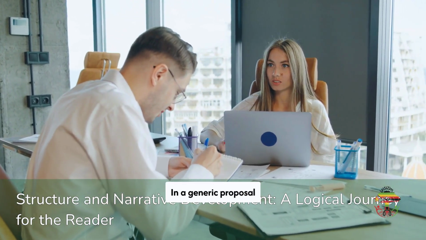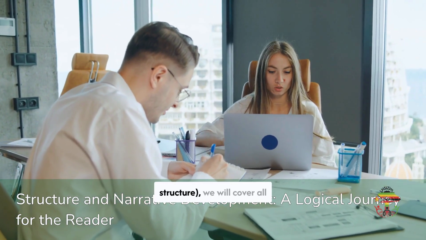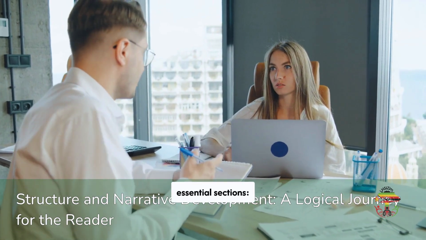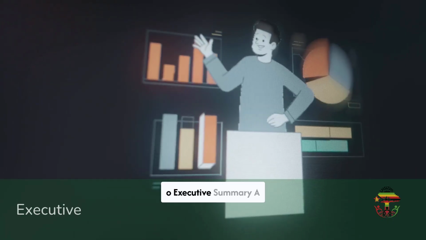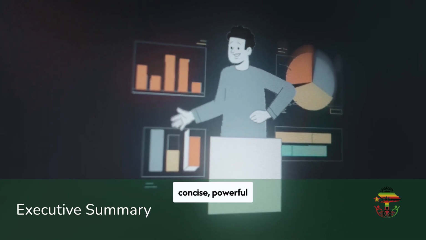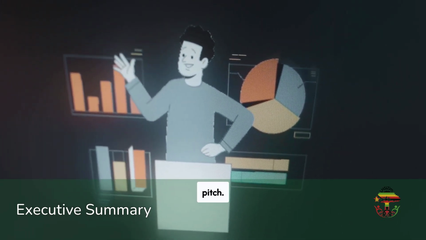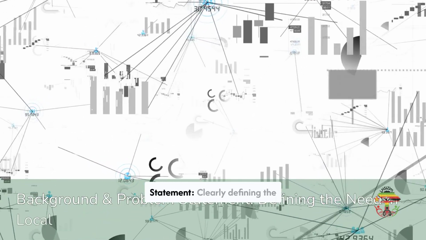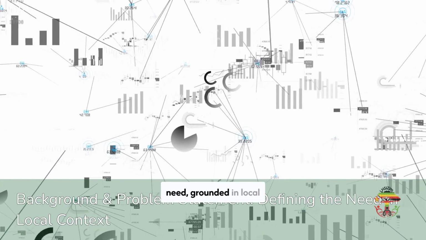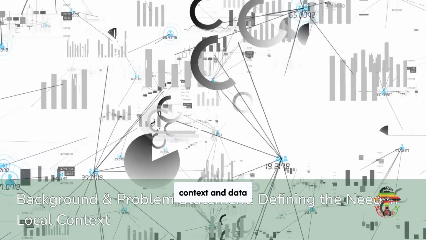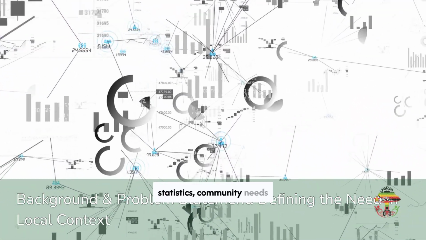In a generic proposal, not guided by donor-specific structure, we will cover all essential sections. Executive summary, a concise, powerful overview of your project, written last to capture the essence of your pitch. Background and problem statement, clearly defining the need, grounded in local context and data, e.g., local government statistics, community needs